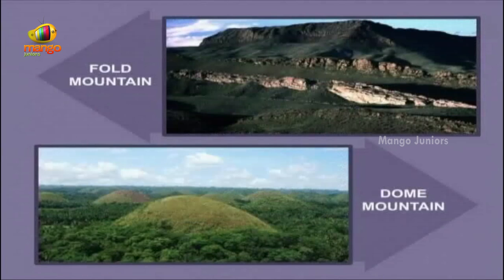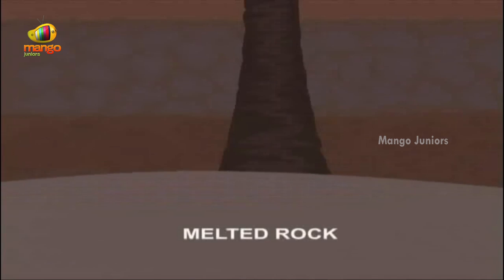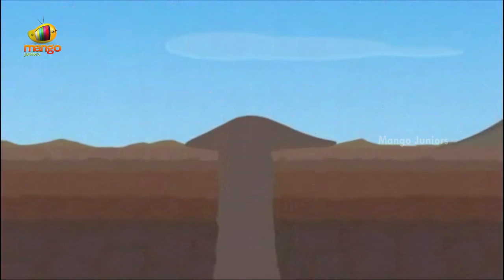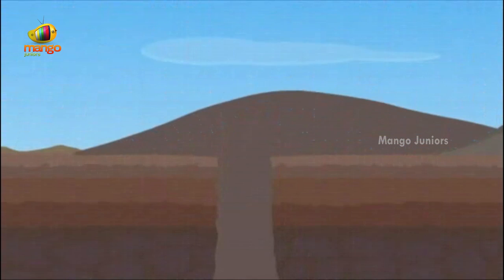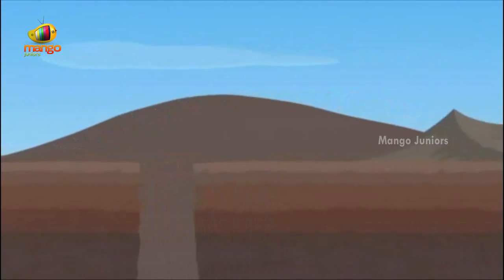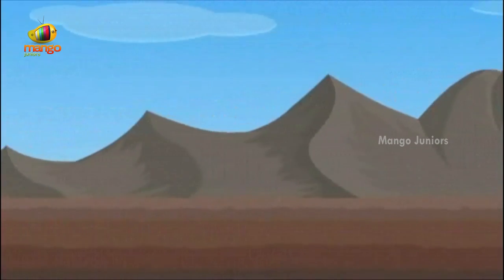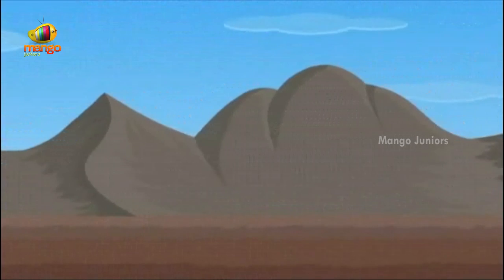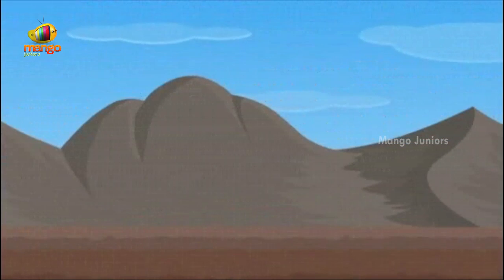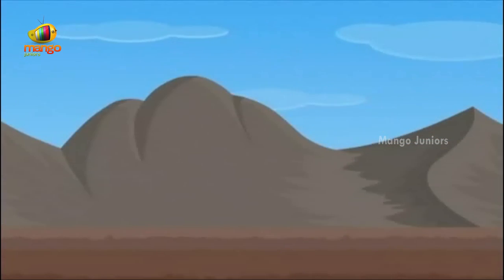were formed. When a great amount of melted rock pushes its way up from under the earth without folding or faulting, it results in a rounded dome, and as a result, dome mountains are formed. Due to the dome rising above its surroundings, erosion occurs, and this erosion helps in the formation of valleys and